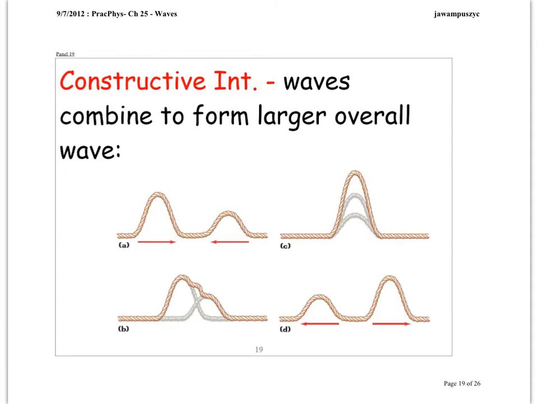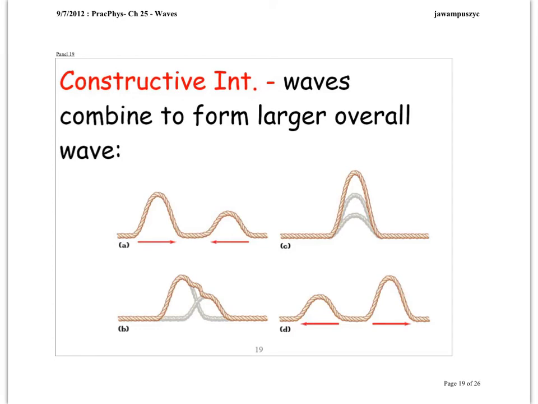So when the waves are synchronized, basically on the same side of the slinky, or a rope here, it's the same idea: they're going to add together to give you something larger. This is called constructive interference, and of course construction means to build. So these two wave pulses, when they're at the same place at the same time, constructively interfere to give us